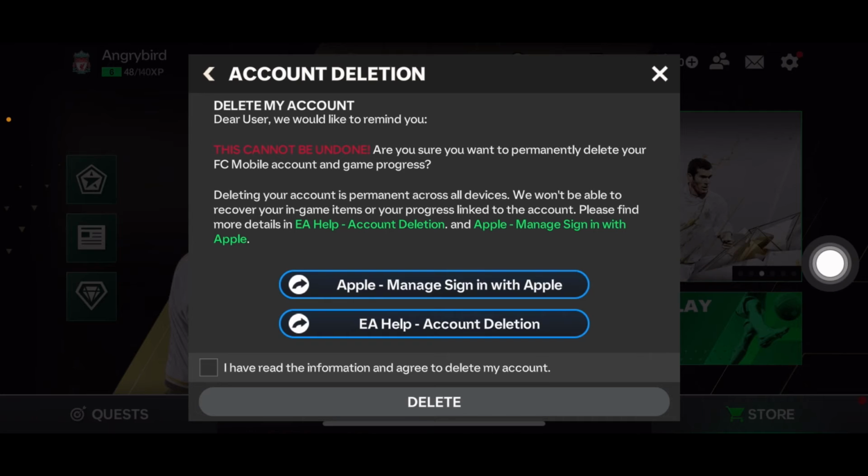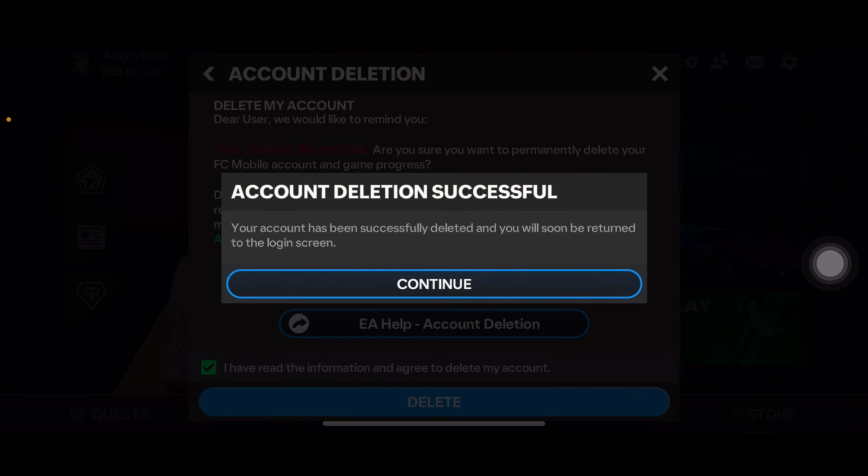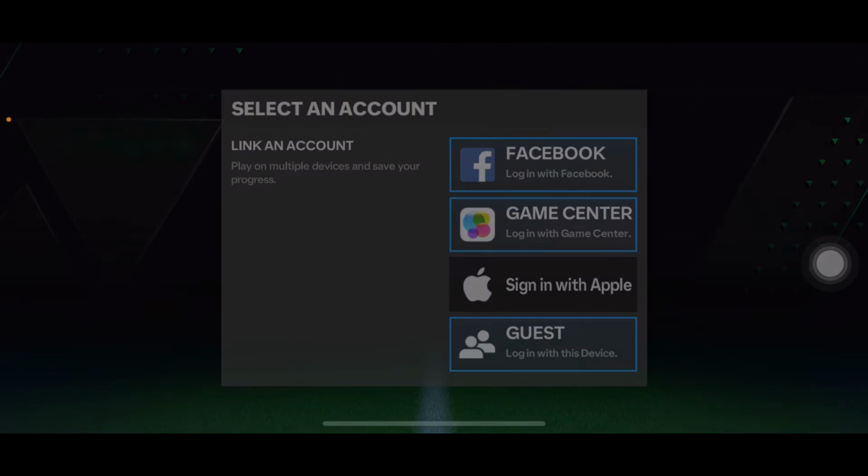and press on Delete. Account deleted successfully. Press on Continue. Okay,